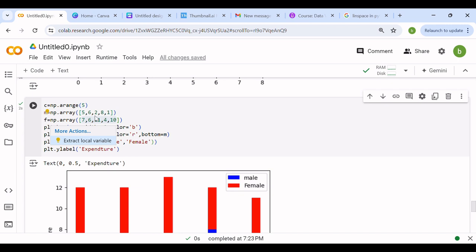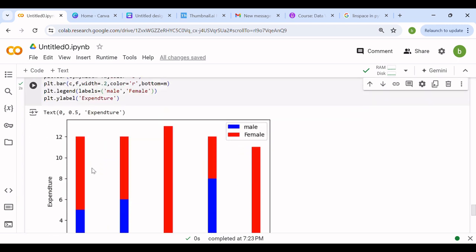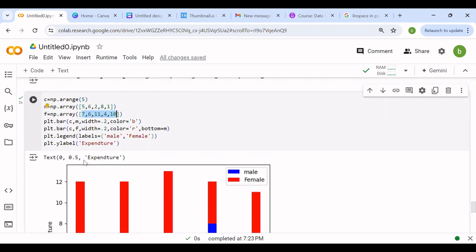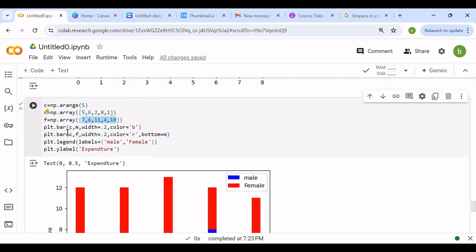visuals that we will get when we plot the bars for each of them. So what we have done, we have used the bar function, specifying C as the location, M as the